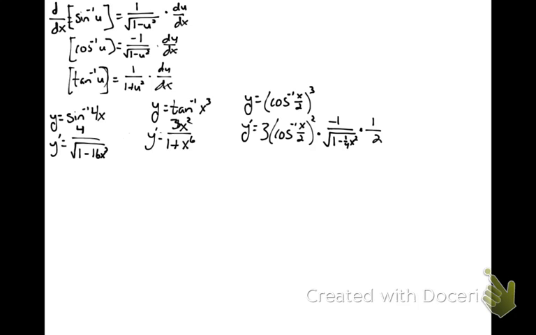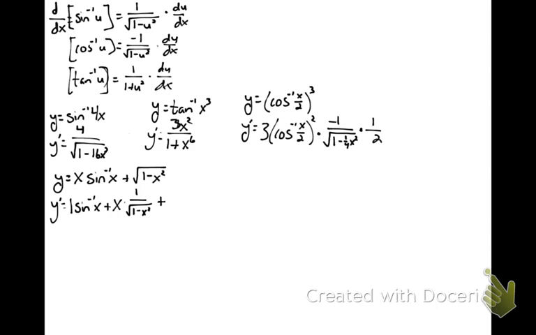Final example of this type here in our lesson will be y equals x times the inverse sine, or the arcsine of x, plus the square root of 1 minus x squared. Well, maybe a couple of weeks ago this would have seemed like a big deal, but here we're just using the product rule on the first part, so that'll be 1 times the inverse sine of x plus x times the derivative of inverse sine, which is 1 over the square root of 1 minus x squared, plus, recall that